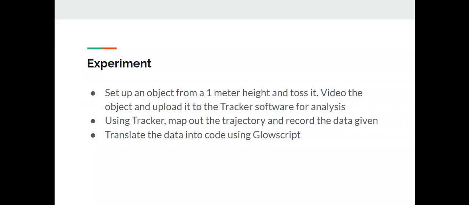I chose a tennis ball as my system, and then in the surroundings was the cloth hallway. From a 1 meter height I tossed it. We videoed the object and uploaded it to the tracking software for analysis. Using Tracker, we mapped out the trajectory and recorded the data given, and then we translated the data into code